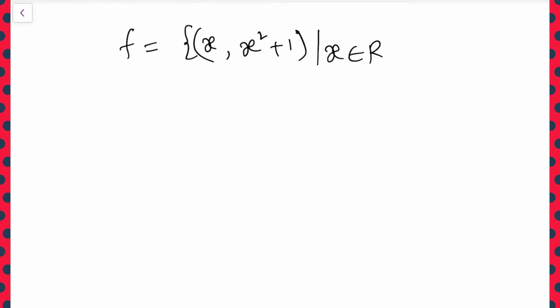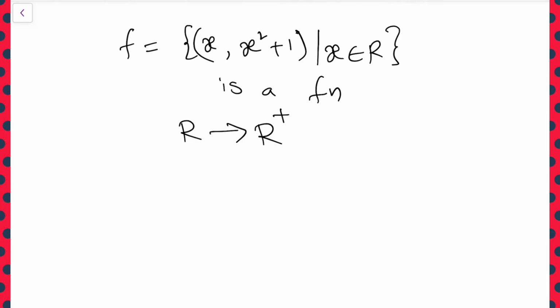The relation f is equal to {(x, x square plus 1)} such that x belongs to real numbers. And he is saying that it is a function from R to R plus. This is an example, so that's why he gave a clear explanation also. If any students didn't understand the written part, it may be helpful for them. So that is the only reason I'm explaining these examples also.